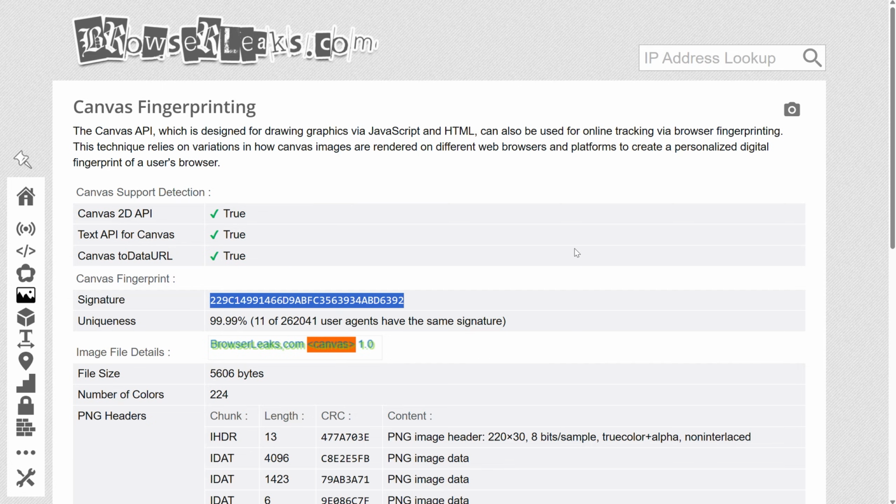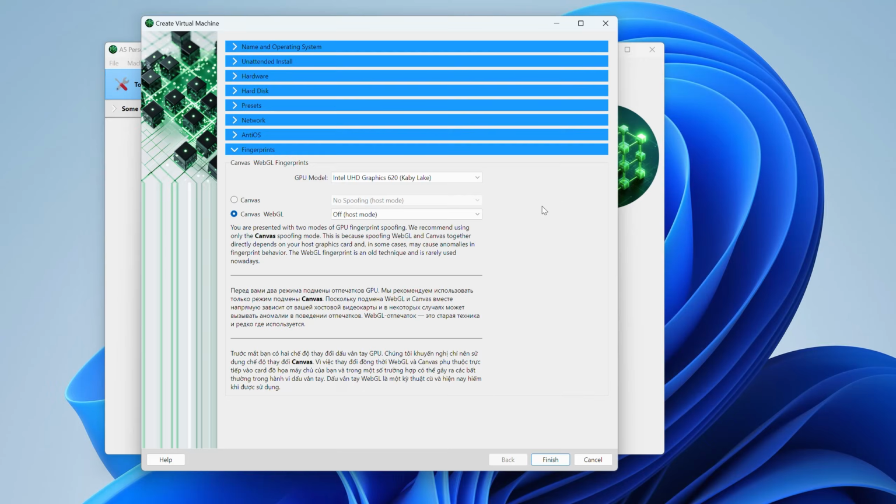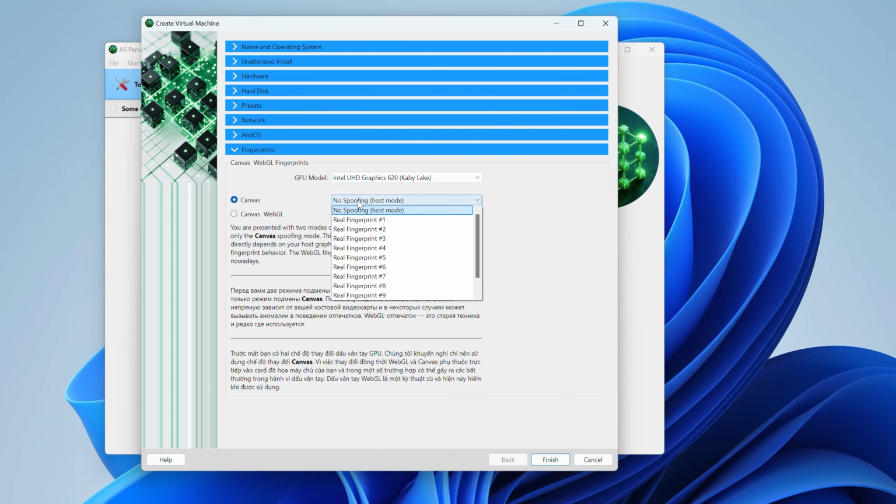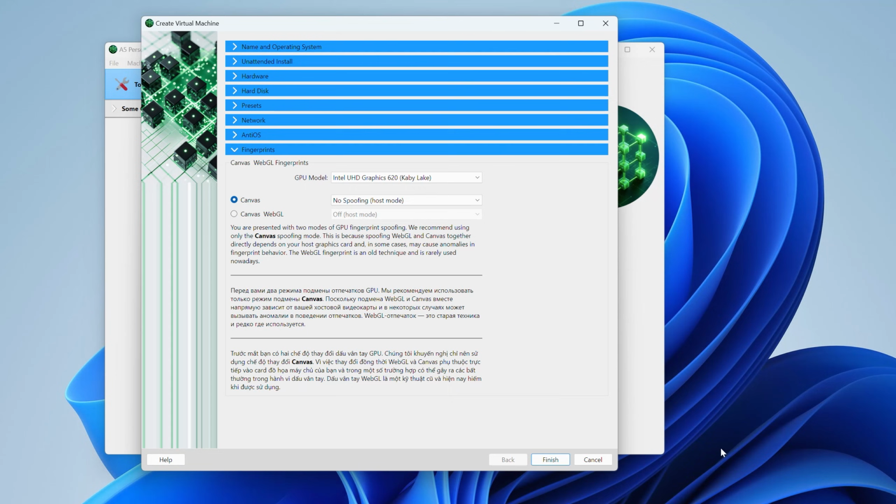And in such cases, if, for example, you use some specific hardware, then there is a possibility to determine that rendering on the processor will not be quite typical for the processor you are working with. This often happens on server processors, on AMD EPYC processors, and on similar kind of specific equipment, let's say. Therefore, for most cases, you can use the standard canvas mode and choose one of the real prints. I'll be using the host mode now, which is set by default.